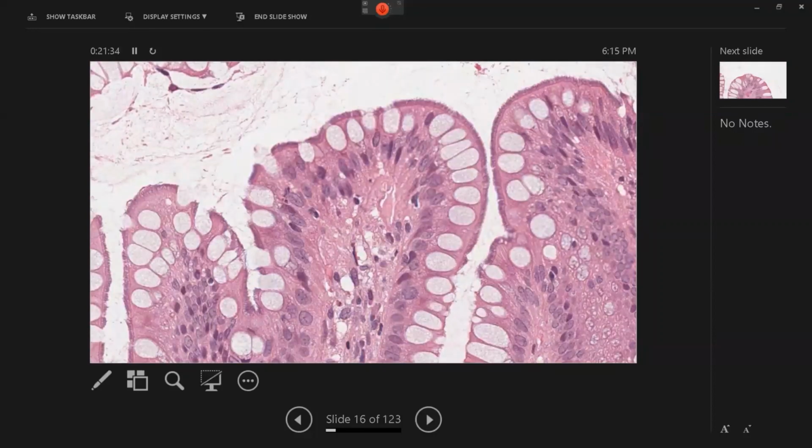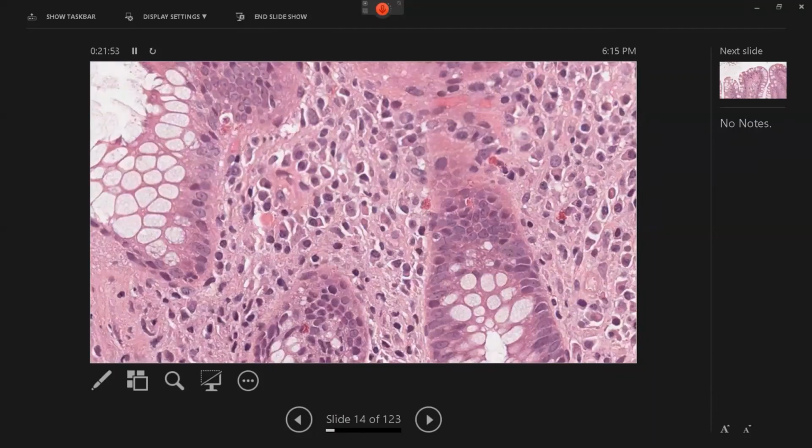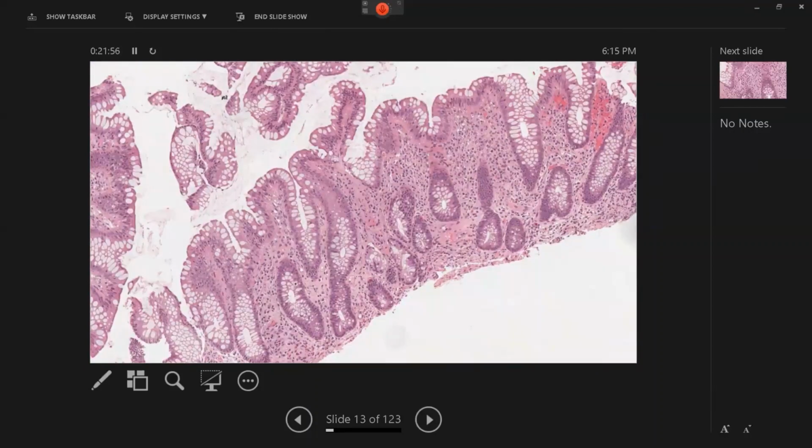But look what you have. You have this. Any takers on what you have? What is this? Anyone? Just type in the chat. Exactly. Yes, so you have that, right? And let's take you back. It was there. It is here. It is there. But you can see that the inflammatory cells are not a lot.